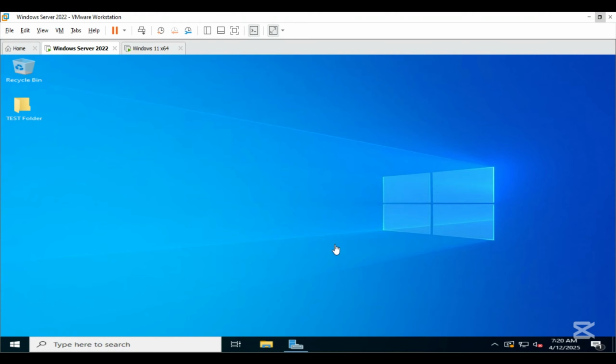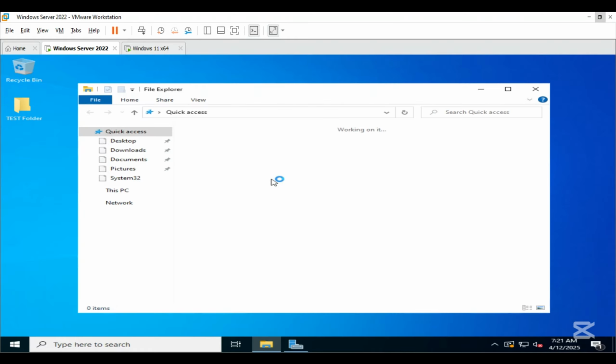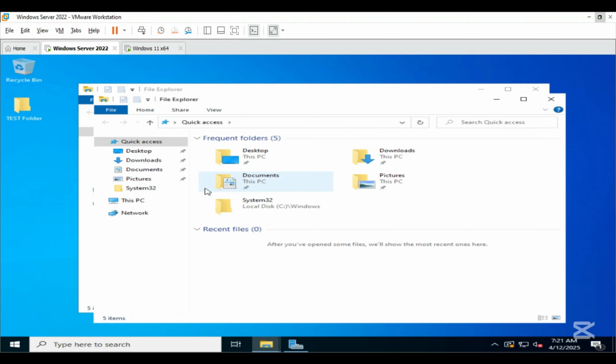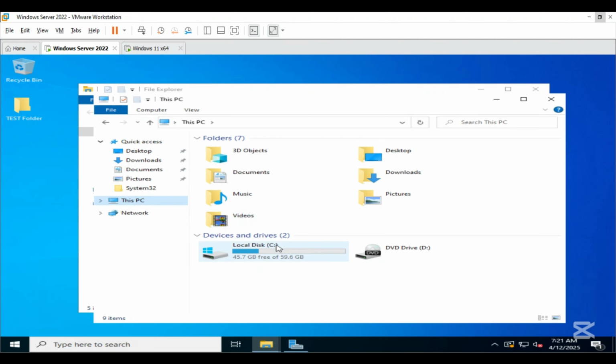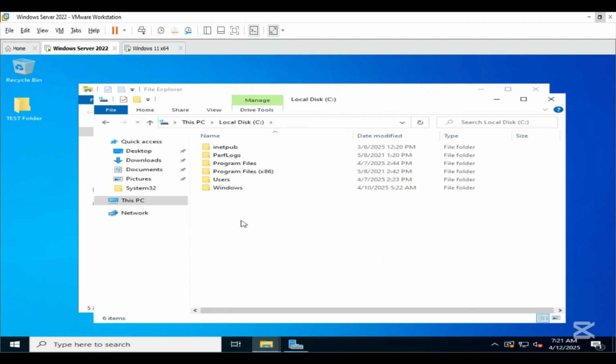You can use any local disk you want, just select the one where you want to store the folder. I am using local disk C because I have only one partition. Go to local disk C, open File Explorer, click on This PC, double click on local disk C. Now create a new folder and name it shared folder.